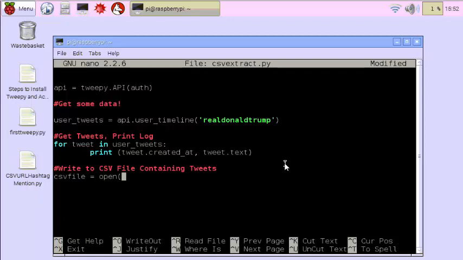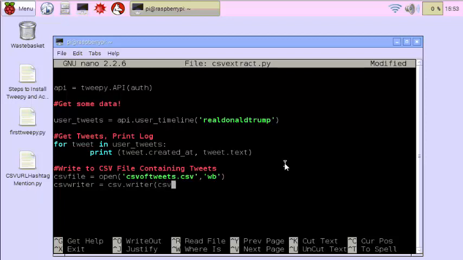And reviewing material from before, we're going to open the file. We're going to give it a name, CSV of tweets.csv. We're putting that in quotes, and we're wanting to make that format broadly readable, and that's what the WB is all about. Then we're going to start up the CSV writer, and we're going to make that command, csv.writer,